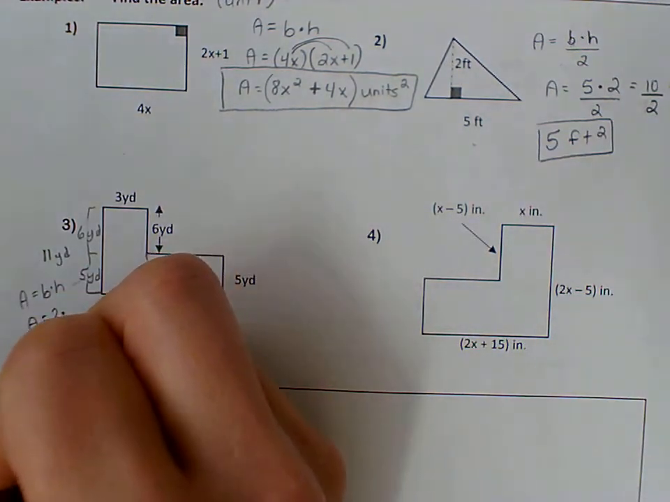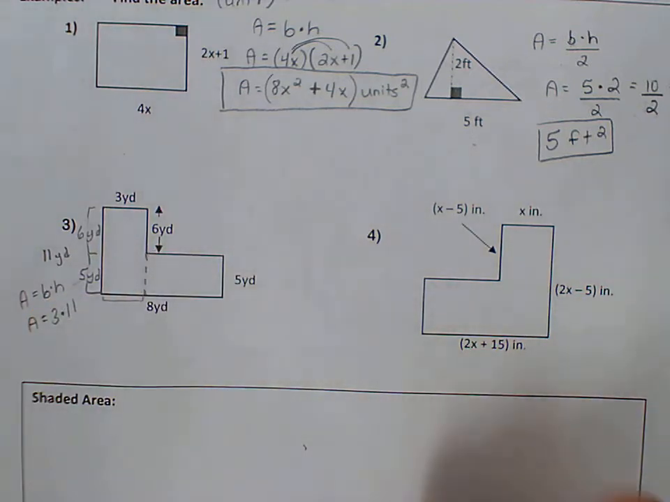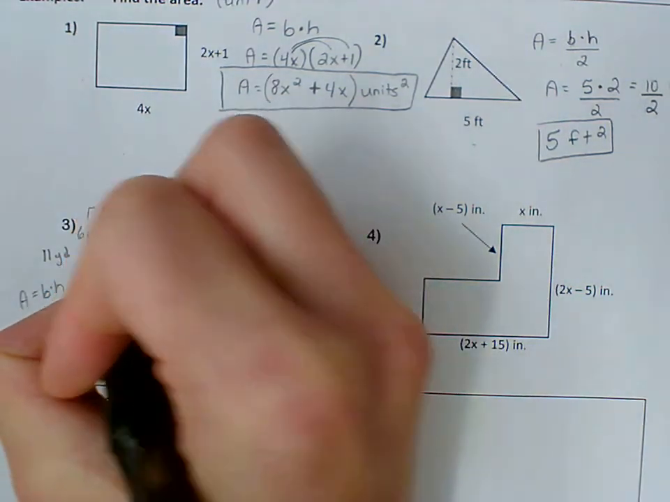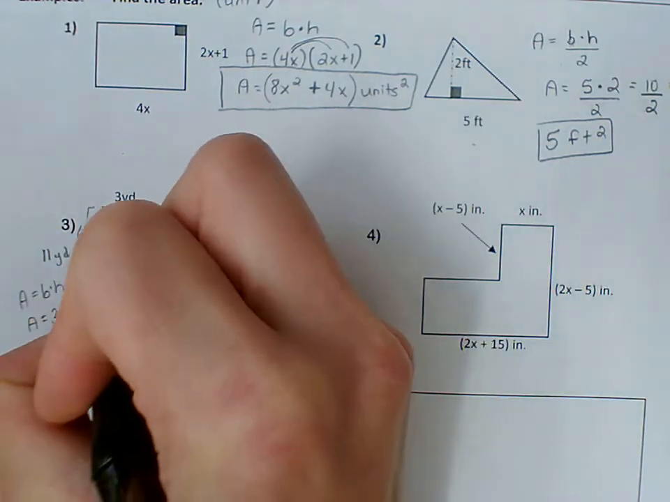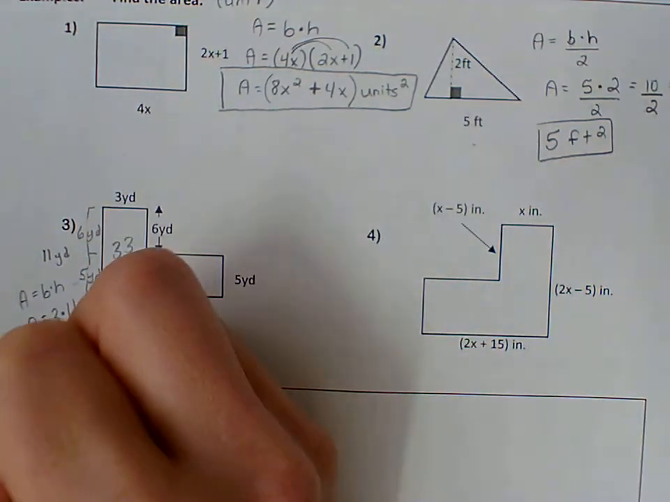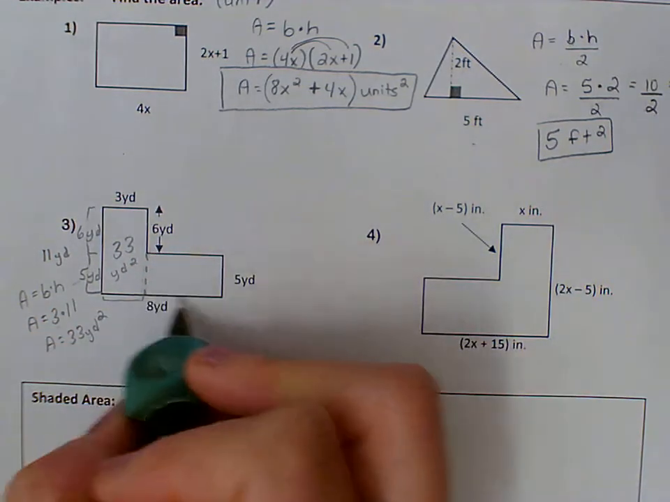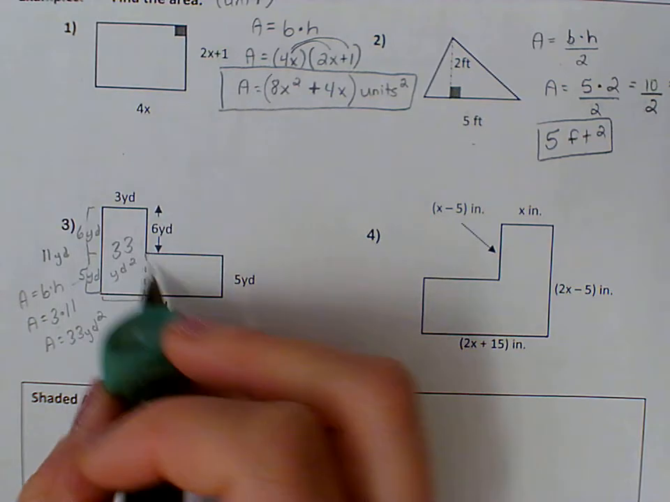So base was 3. My height is 11. So the area would be whatever 3 times 11 is, which would be 33 square yards. And I'll just write it in here. Okay, so that's the area of that piece. So now I have to find the area of this piece, and then I can just add them together to